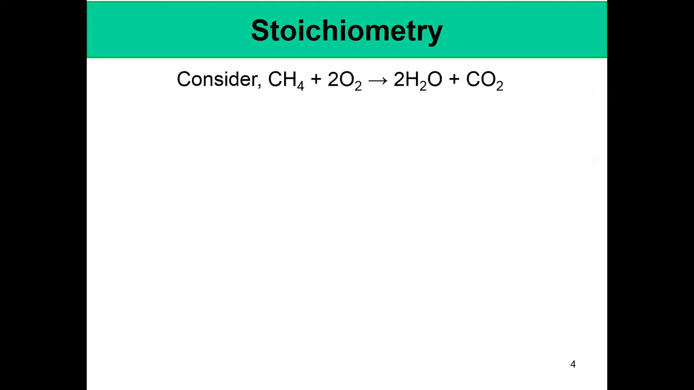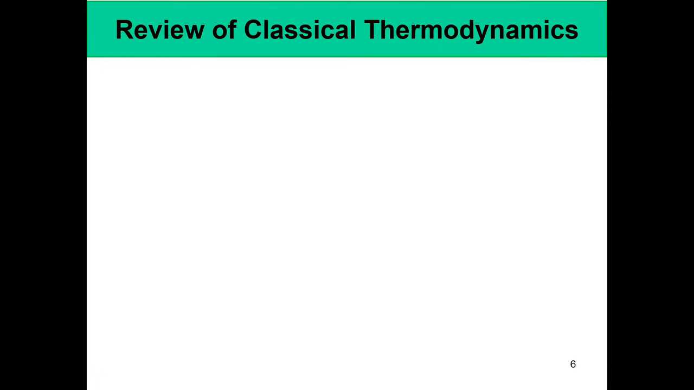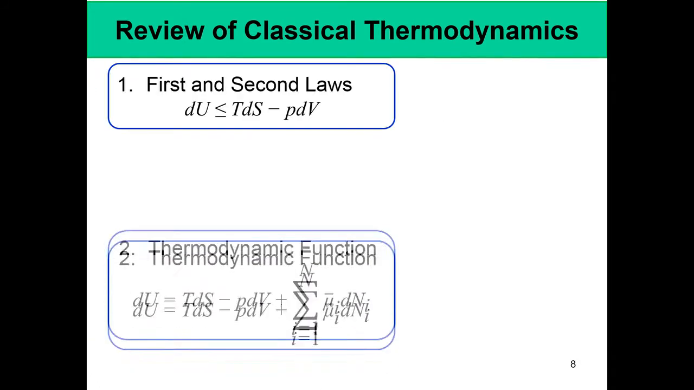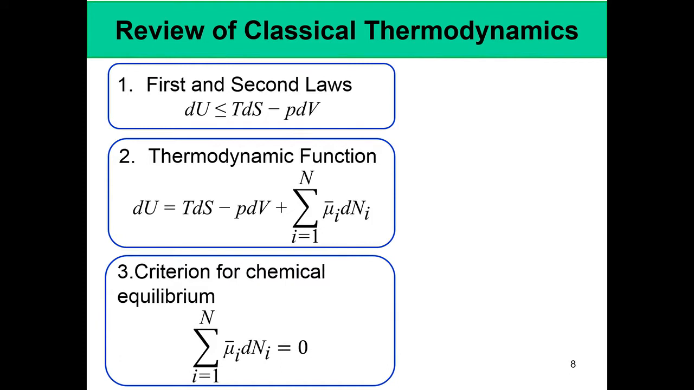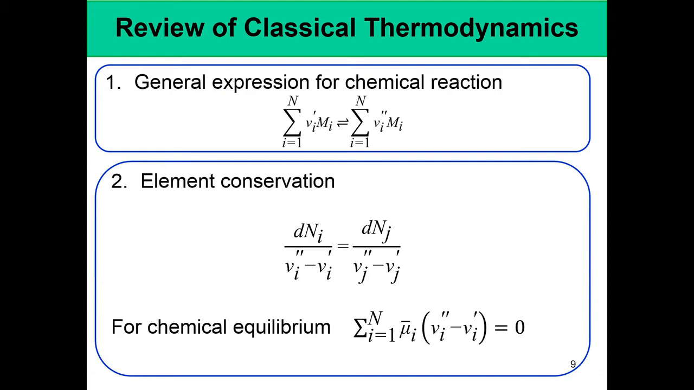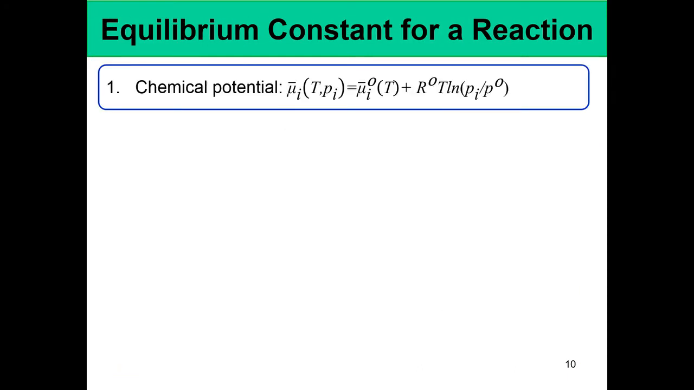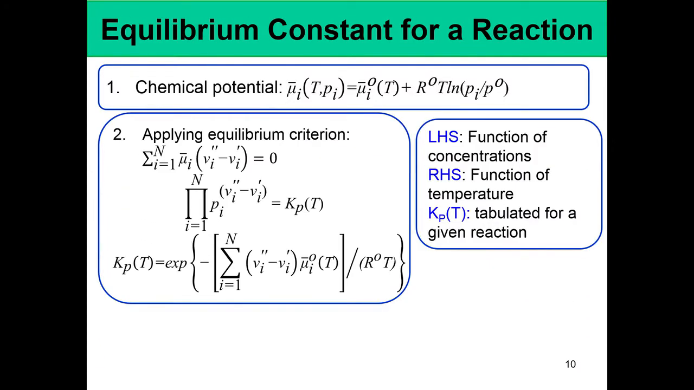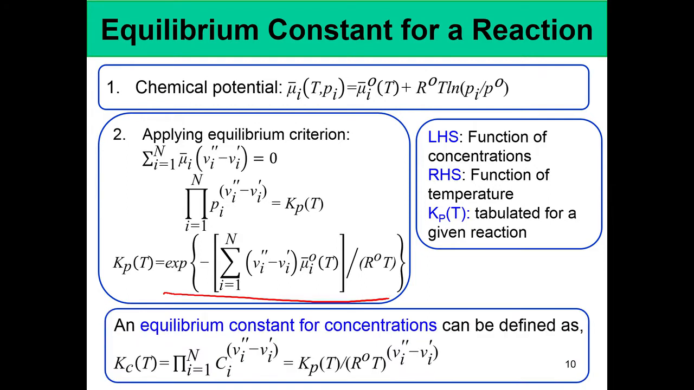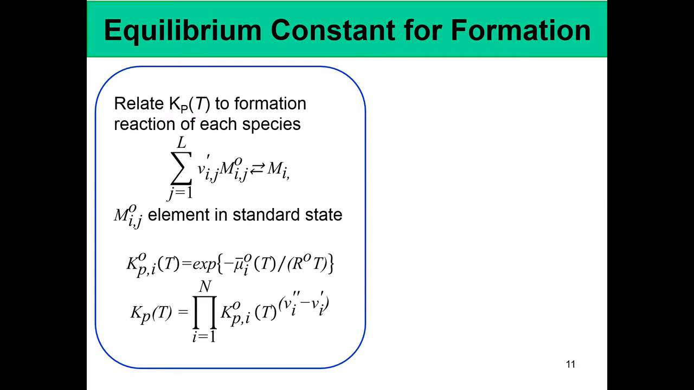And then we talked about practical reactants, stoichiometry and postulates, and we derived the Gibbs free energy, the equilibrium condition in terms of Gibbs free energy, the criteria for chemical equilibrium, element conservation, and then we obtained the chemical potential, and we derived the equilibrium constant Kp, which is given by this formula. Okay. And of course, there is also a Kc, that is equilibrium constant in terms of concentrations, and we